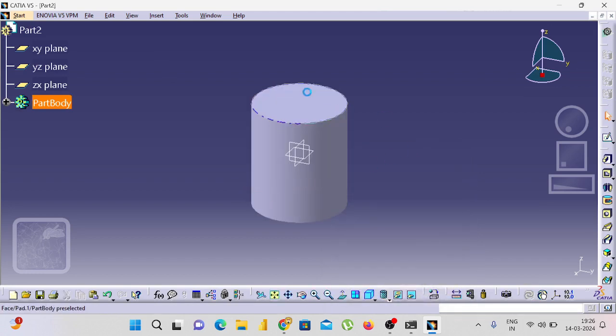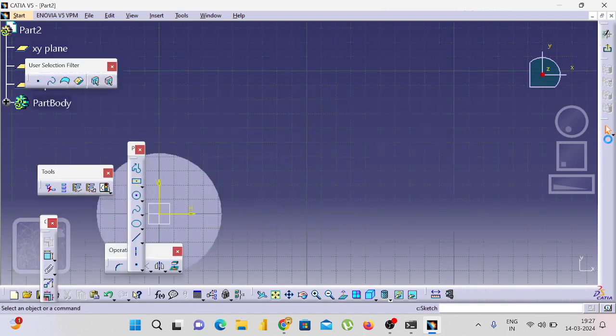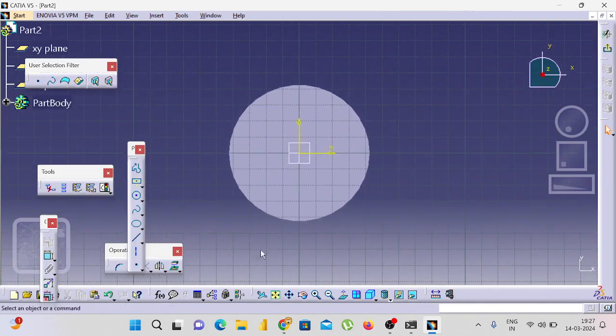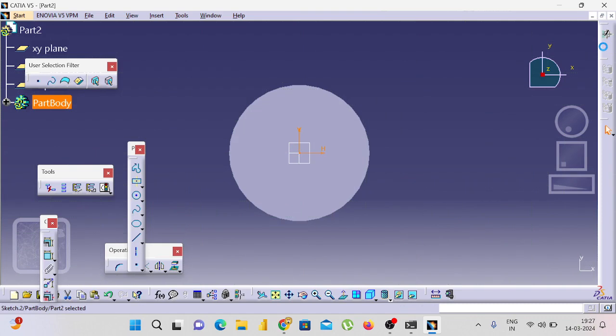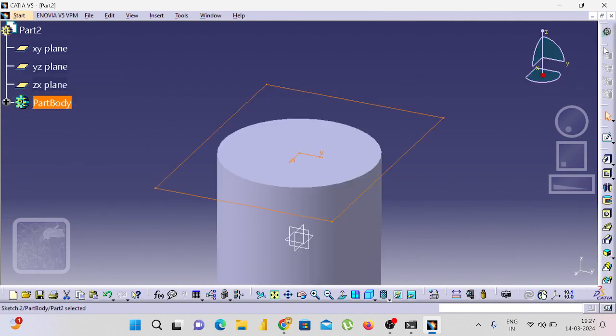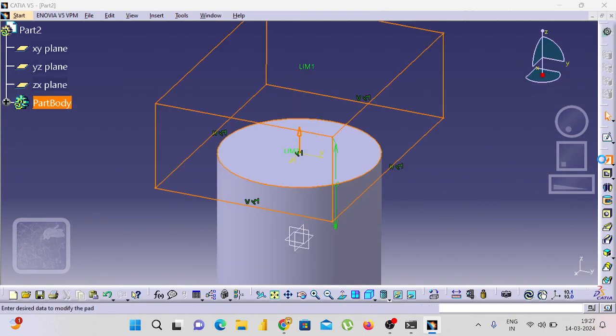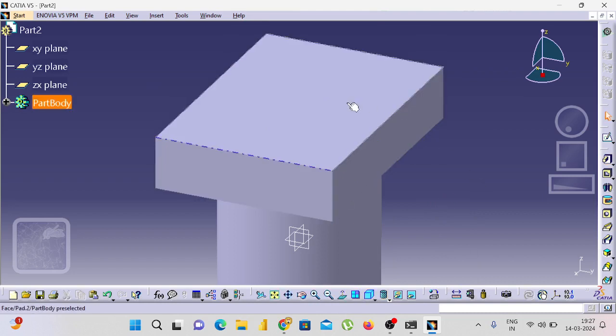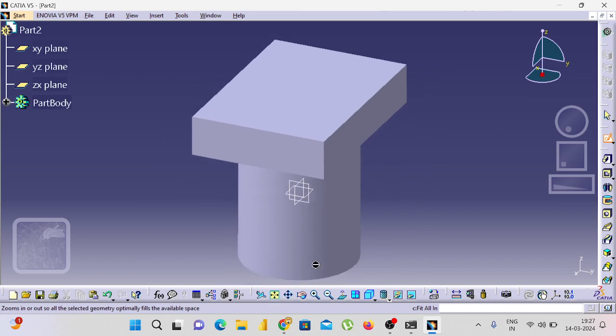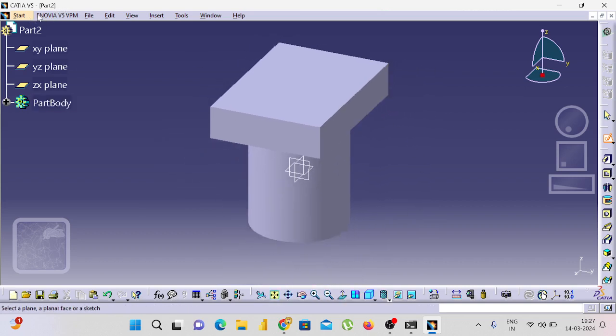Okay. Now I will draw a flat rectangular surface on top of this one. Fit to screen. Now I will draw the center rectangle. Right, exit workbench. I am practicing the user module just now. Just wait. Give it as 30. Okay. Alright. For this one, we can do. Alright, here now I will go to the